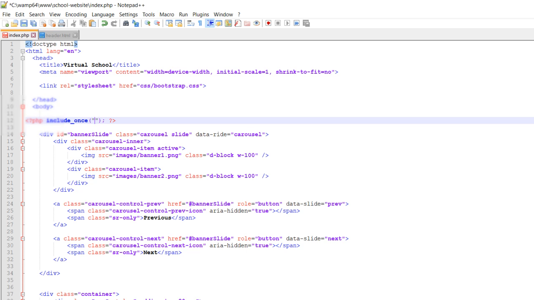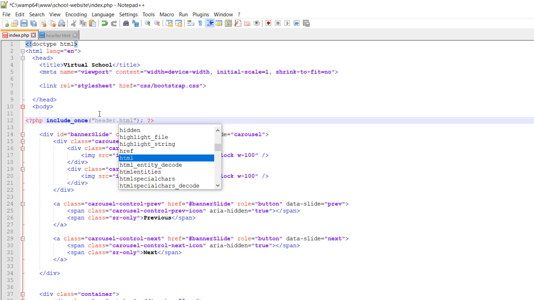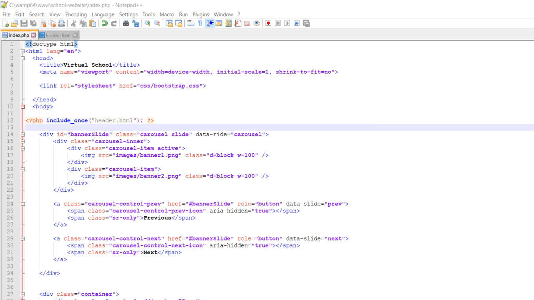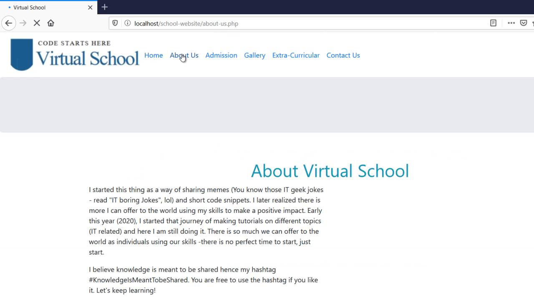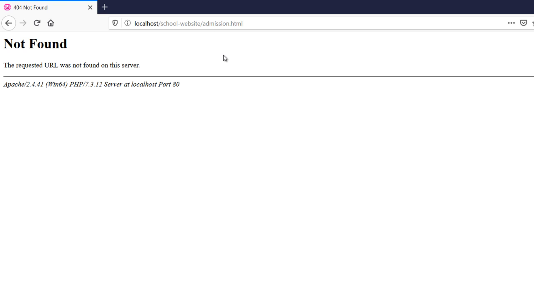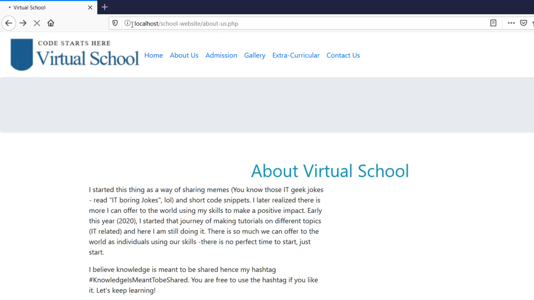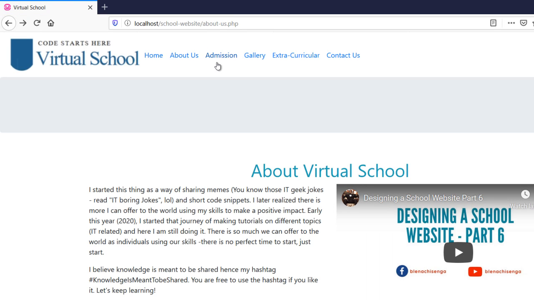So we directly just say include once, header.html. Okay, that's fine. Let's refresh. For this, we're fine. If we go on the index page, we're fine. But if you go on other pages, that's fine. But on the admission page, it's not working. On gallery, it's not working because we still have those extensions. But we don't have to change on every menu like we were doing when it was under